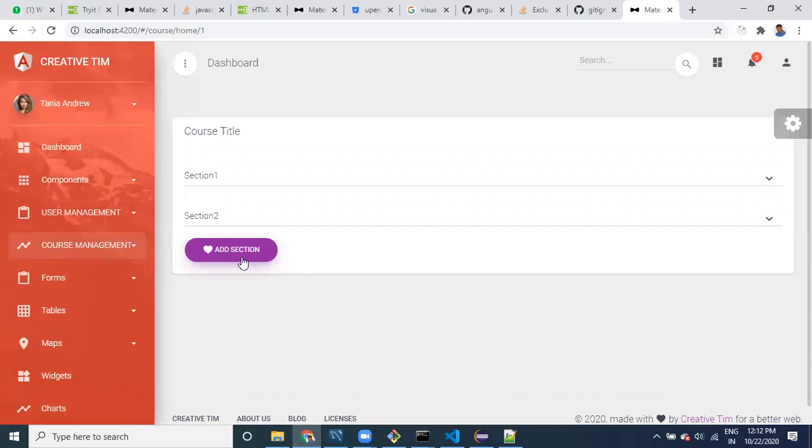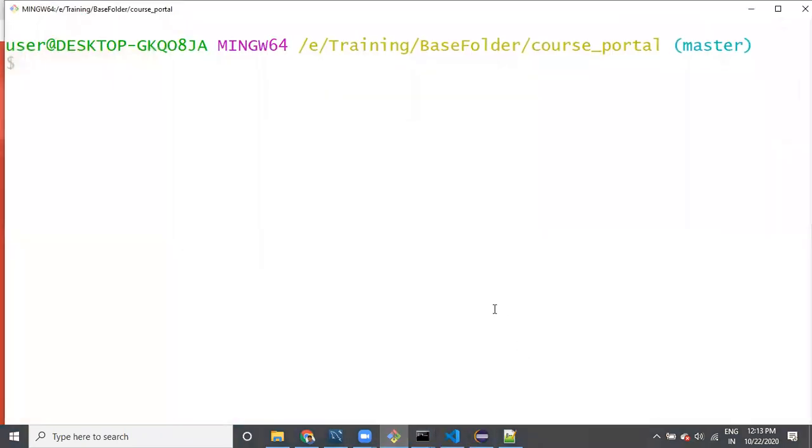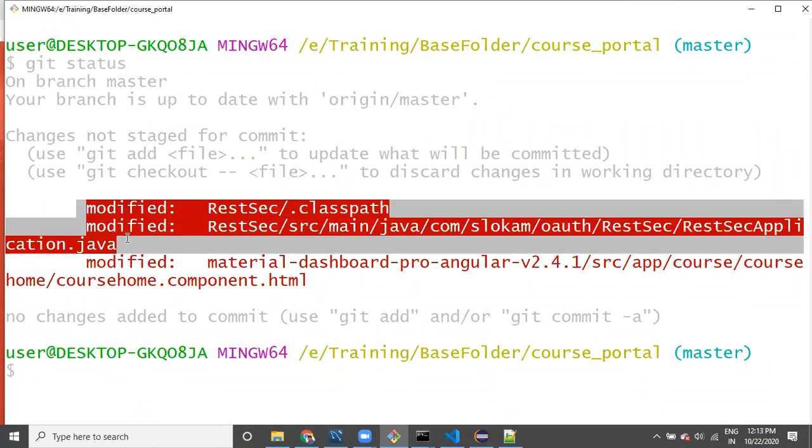And suppose I have done my task. Then what do I need to do? I have to go to this git bash, and locally it is working fine. You tested it, you have completed your task. Then what you need to say? git status, and you'll see the different files modified. So many files are modified, but which files are important? For implementing this, I did not write any code here.